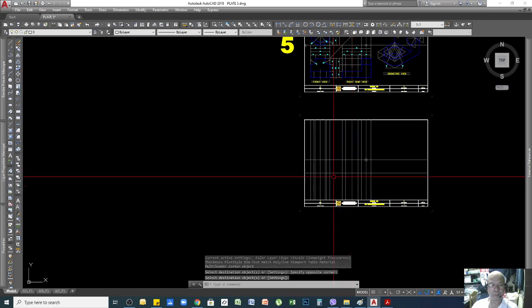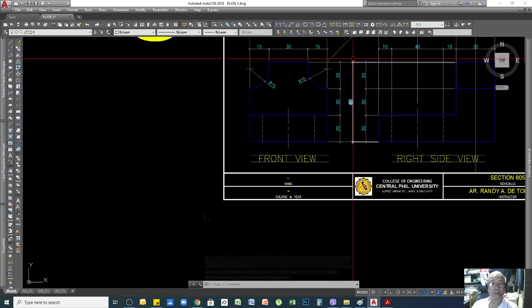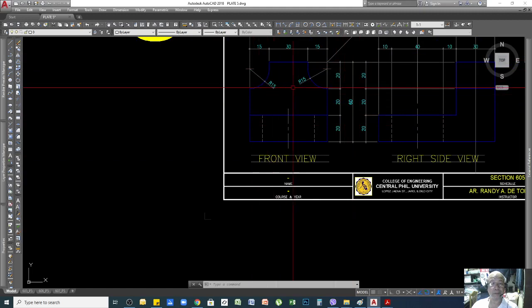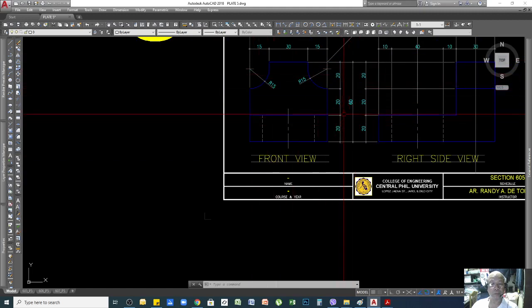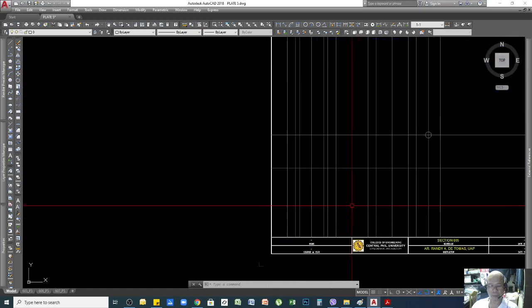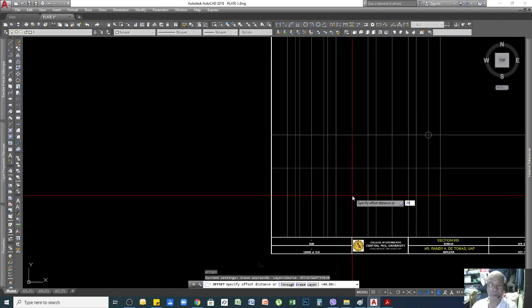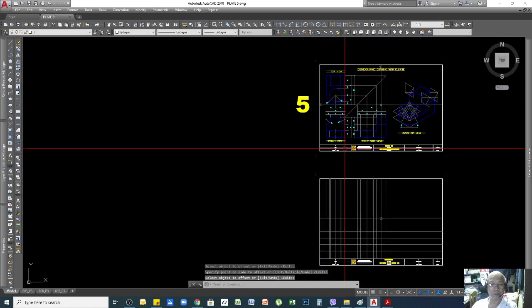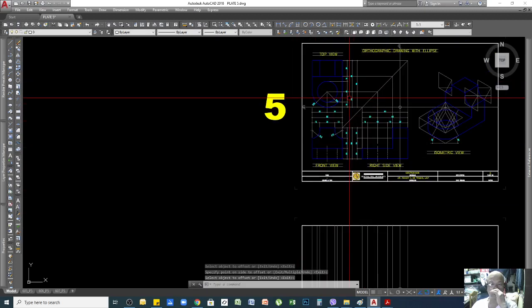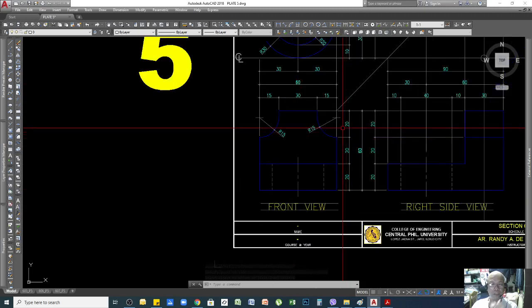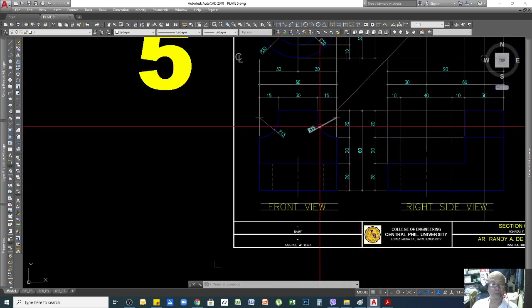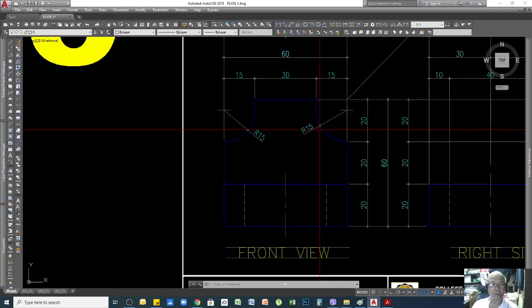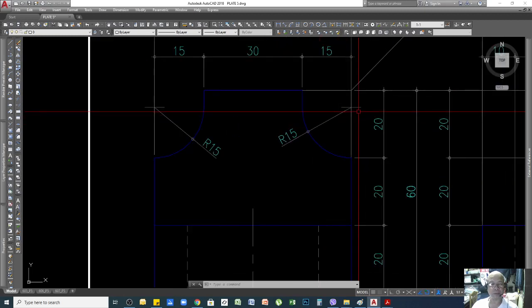So I go down now by 40, and the height of our object is 60, which is divided into three 20s, meaning I can offset 20, offset 20, 1, 2, and 3. That's 60. Alright, and I have a 15 radius here.